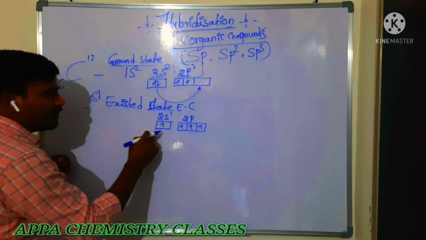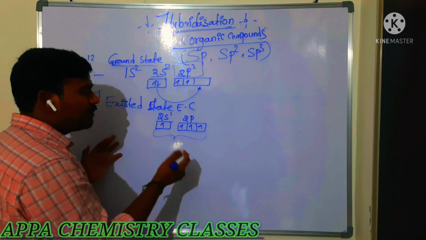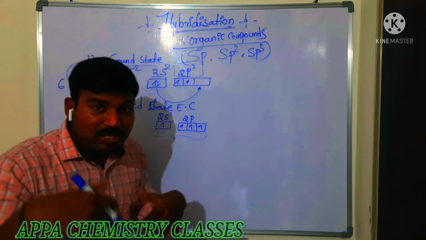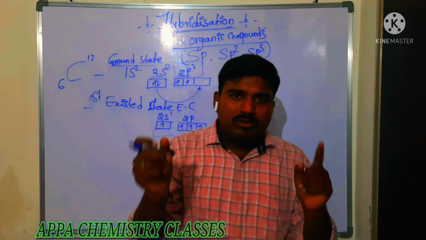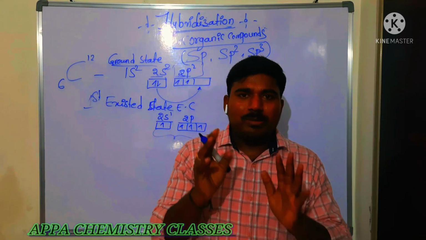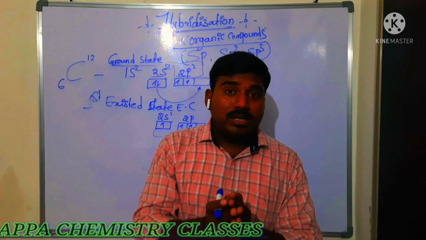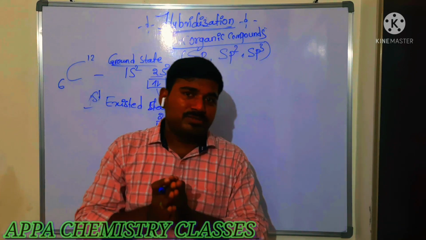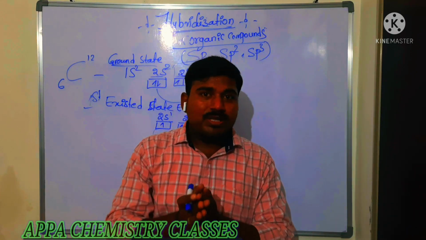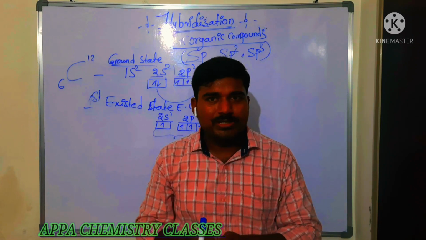We are going to mix what? Intermixing of these atomic orbitals. However many atomic orbitals you mix, that many hybrid orbitals you will get. Firstly, I will say the points regarding hybridization. You do remember these points. These points are very important from the NEET point of view, from the MHT-CET point of view. In so many cases, they are going to ask which of the following is incorrect regarding hybridization.